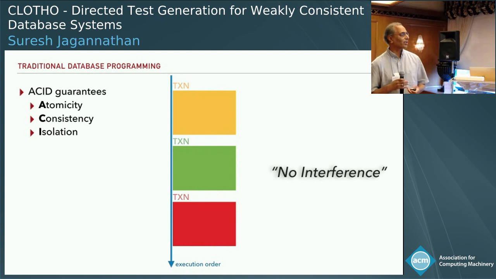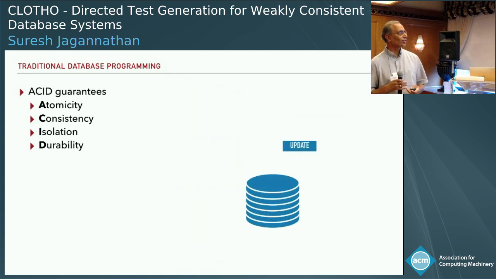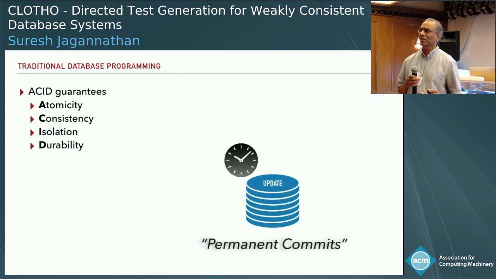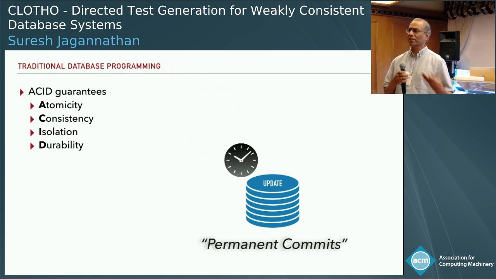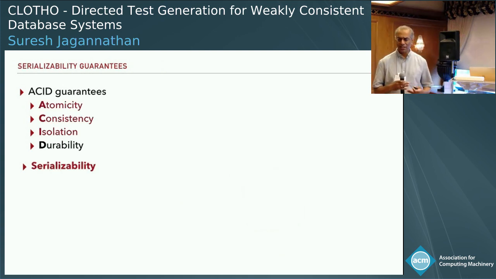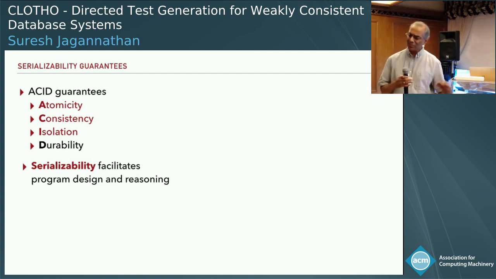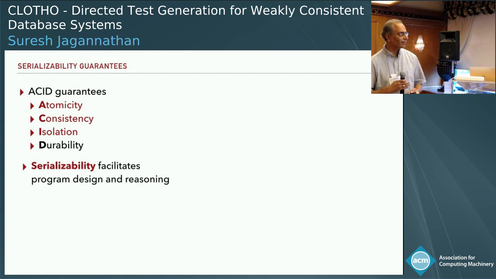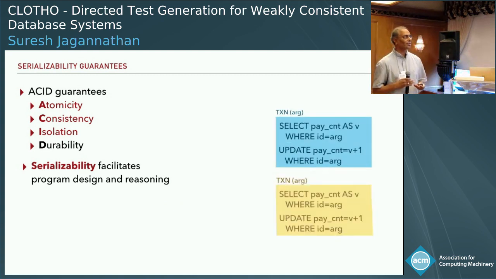And the final property that we want to support is durability, and that basically says that the updates of every committed transaction should actually be stored persistently. So these are all very, very nice properties, and the first three in particular lead to what's known as serializable transactions. And serializability, as the name implies, means that despite the fact that there's all sorts of concurrency going on, we can, for the purposes of reasoning about programs, imagine that these transactions are executing in some serial order. So that's all very, very good, and it leads to a very simple model of the world.